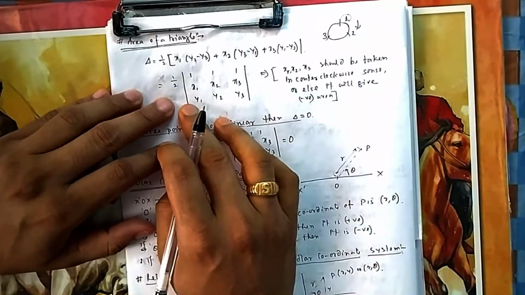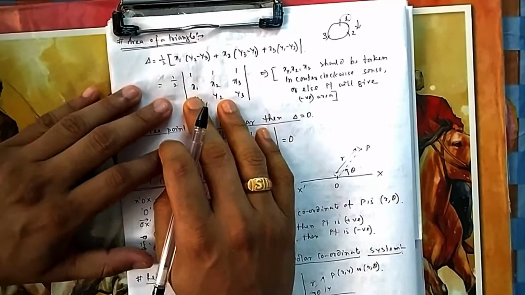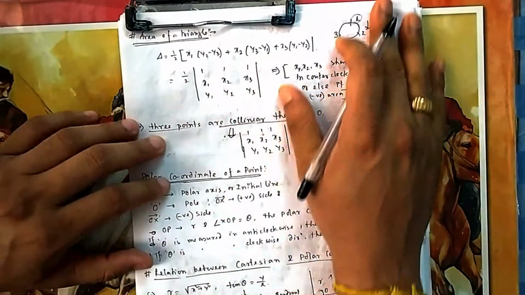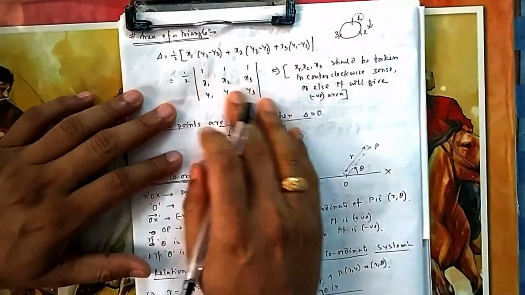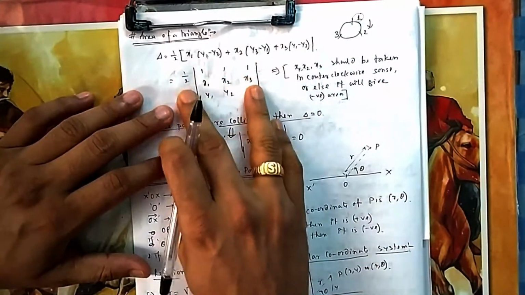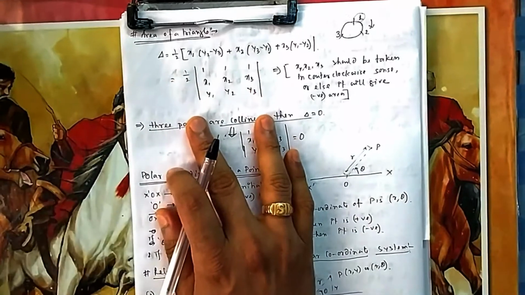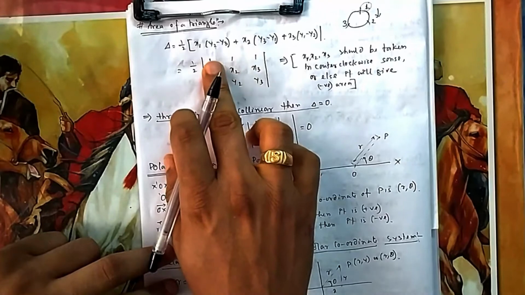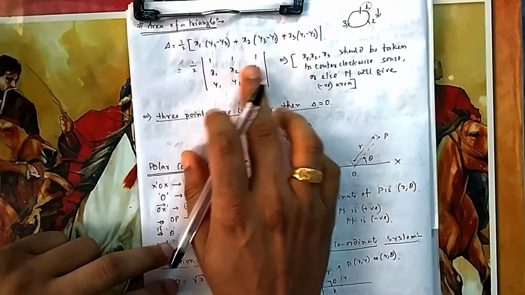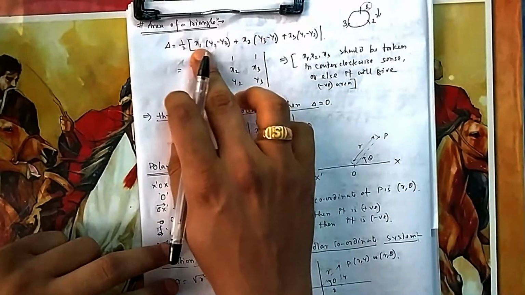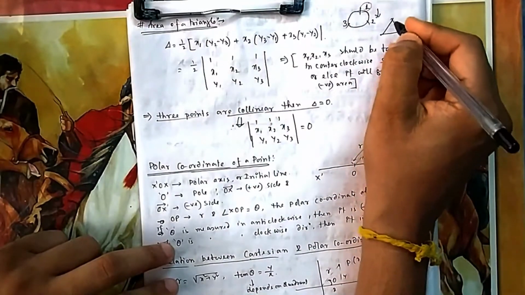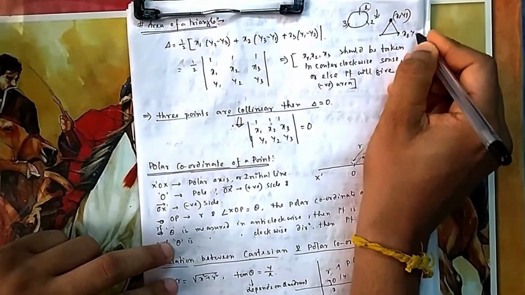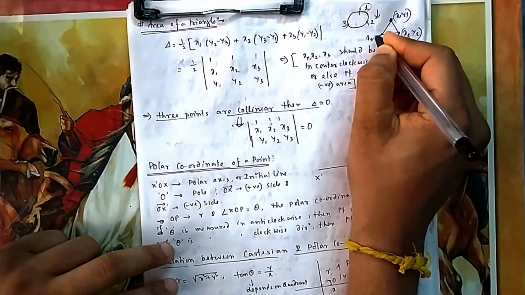Or if you study matrix determinants in your class 12, but that is next semester. So we'll come to that in a later part after completing this. So you will see we can remember it in matrix format also. Those who have already studied, you know how to calculate this determinant. So this is 1 1 1, and then x1 x2 x3, the 3 coordinates. What are they? They are the 3 points of the triangle. This is x1 y1, this is another coordinate x2 y2, and this is x3 y3.